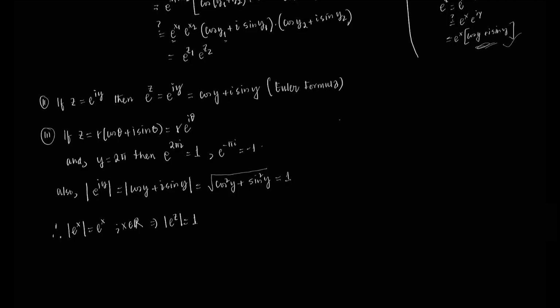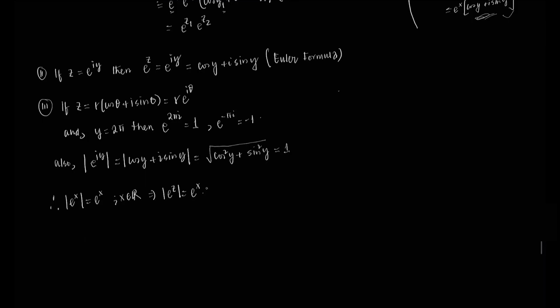Because the other part, the modulus, is always going to be 1. Sorry, this is exponential of x. And the exponential of x is never 0 for all x. So mod exponential of z is never going to vanish. And moreover,